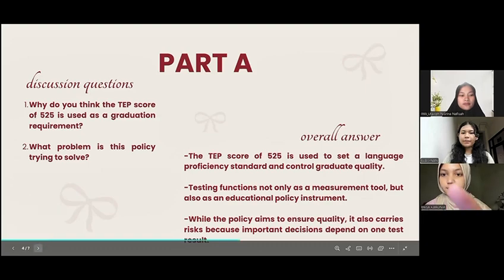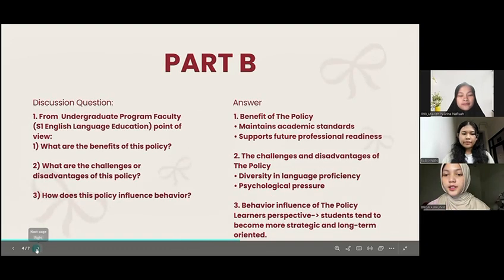Next slide, please. Okay, for part B, from the perspective of the benefits of this policy, one major benefit is maintaining academic standards. The TEP requirement ensures that students meet measurable and standardized benchmarks before graduating. Second, it supports future professional readiness. By achieving a minimum score of 5 to 5 in TEP, students show that they are able to use English